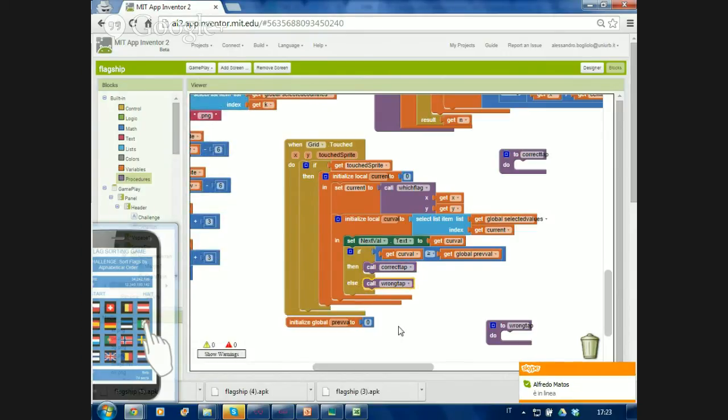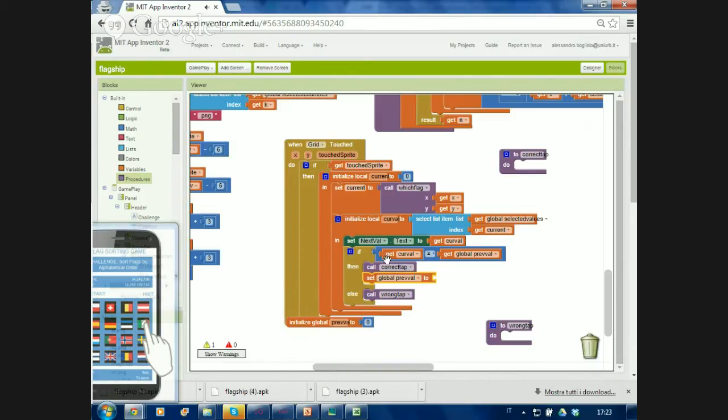Then I need to do something else, which is update the current value. In case of correct tap, what I expect is the current value to be greater or equal than the previous one. So in order to verify next tap, I need to store the value of the current val into prev val, which will be used at the next tap. So I take this and I set previous val to current val. Okay,